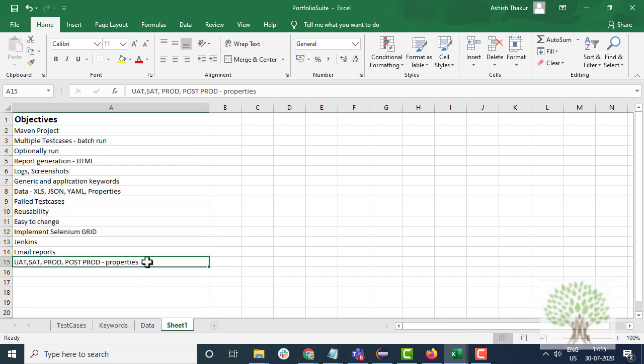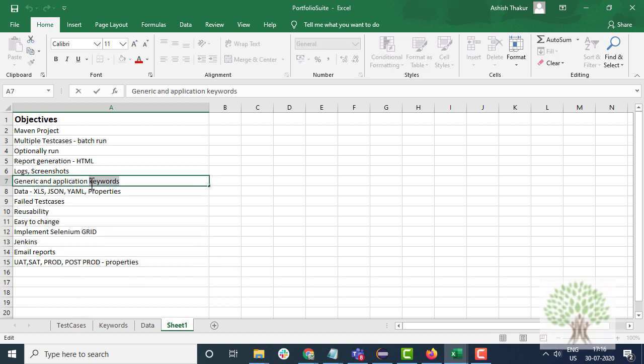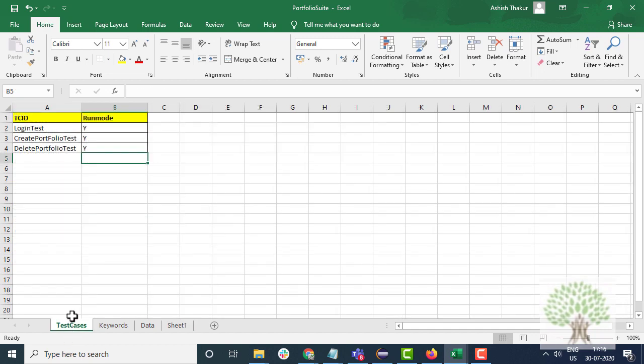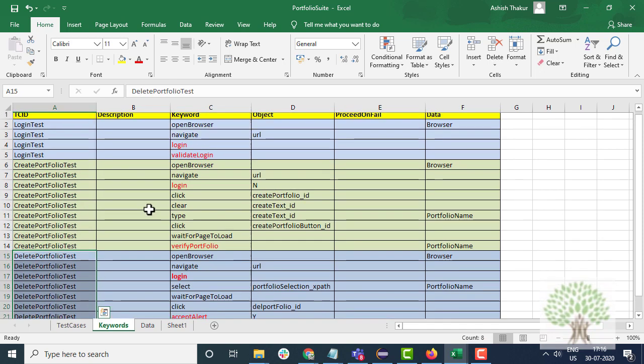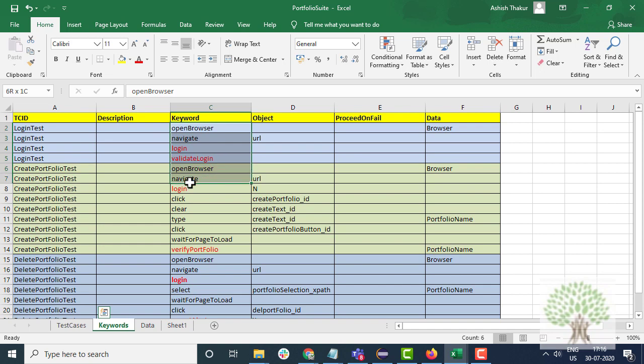So how do you do all these things? All right, let me just take up an example that in hybrid framework, to start with, we have got keywords. Fine, over here I have the keywords sheet in which I have different test cases mentioned, and this is the keyword column, object column, proceed on fail, and data column.